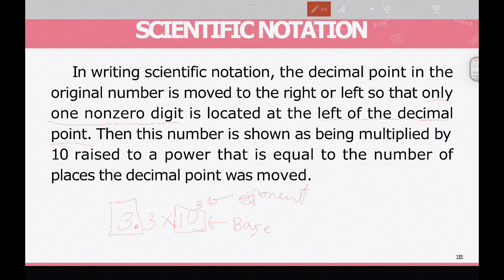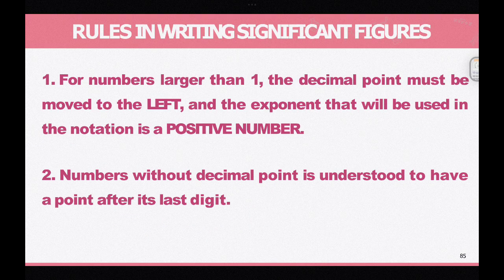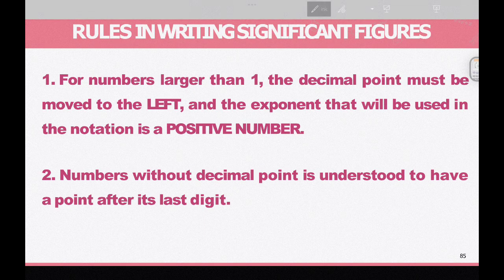Now, what do you mean by moving right or to the left? So here's the rule. For numbers larger than 1, the decimal point must be moved to the left. And the exponent that will be used in the notation is a positive number. So an example on this one is 4.5 times 10 raised to 3. So we have here one non-zero digit,